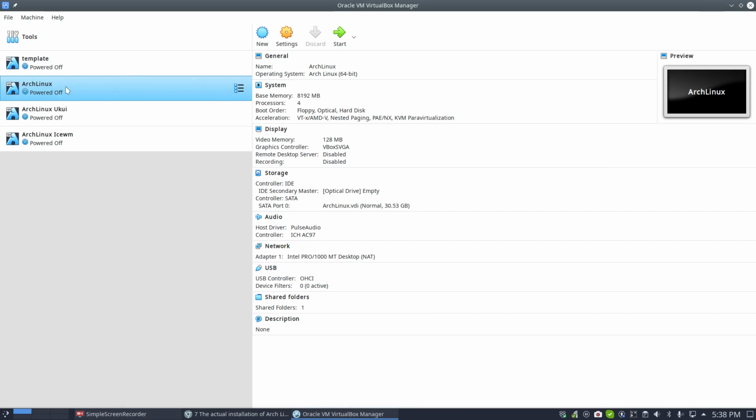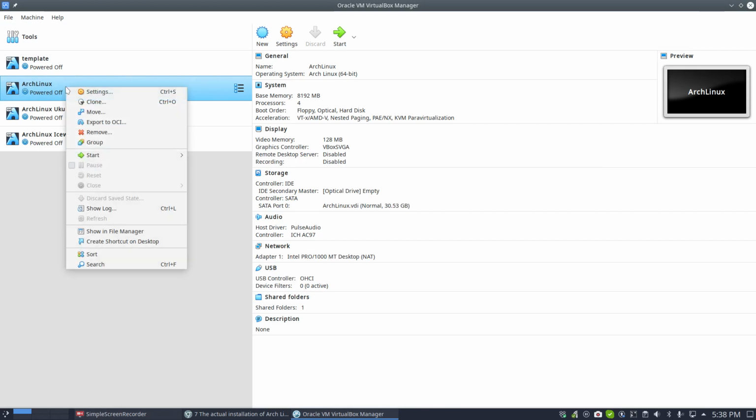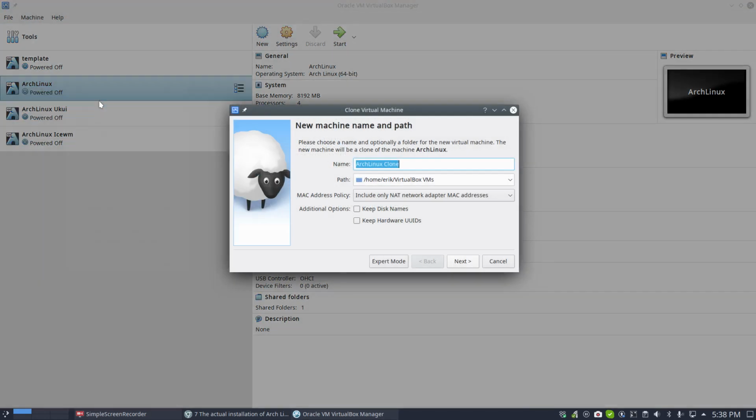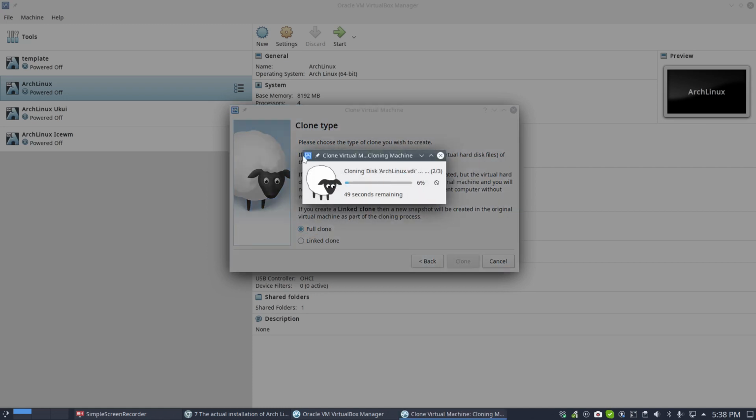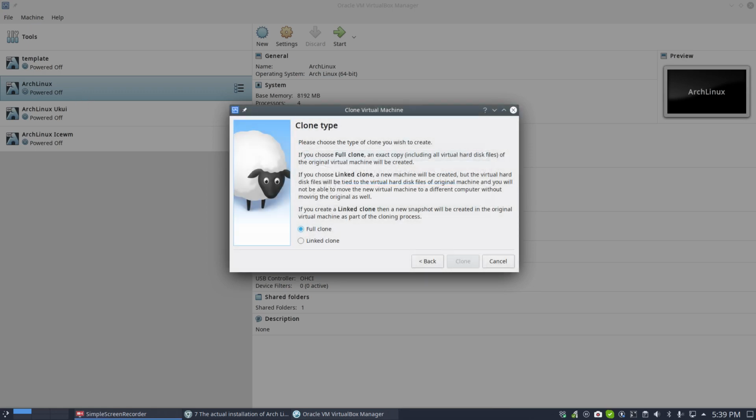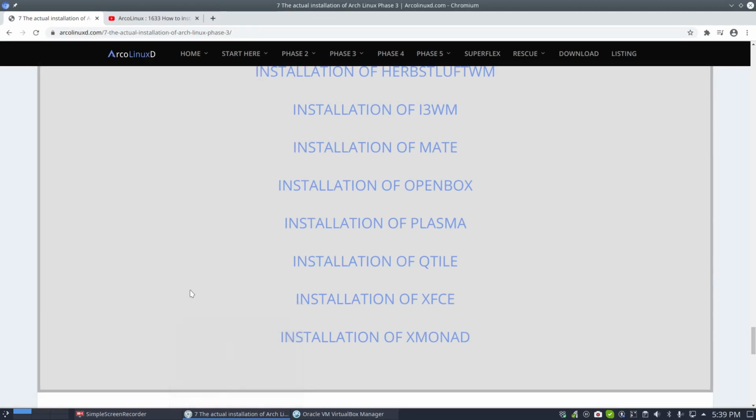You start with that as a start, you clone it. Yes, you clone it, and then you say, I'm going to try out SpectreWM on ArcoLinux. It takes a while, of course, it's a complete operating system. The faster the computer, the faster it copies. And the next thing I need to know is,